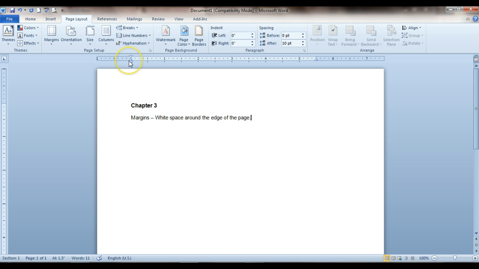To do this on the left side, it's a little trickier because you have these little triangles and square, which we're going to get to a little bit later. But if you hover over where that dark part of your ruler meets the light, you get that left and right pointing arrow or cursor. Hold down the Alt key, and I'm going to bring it in to about 2 inches. Okay, so you see that my text changed with the margins,